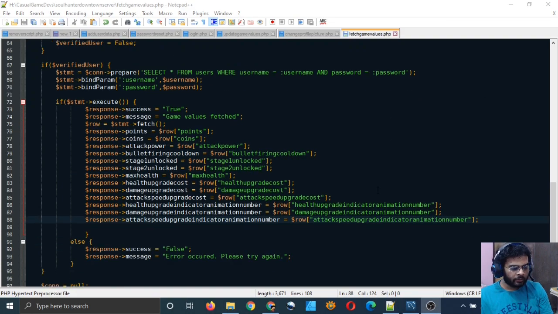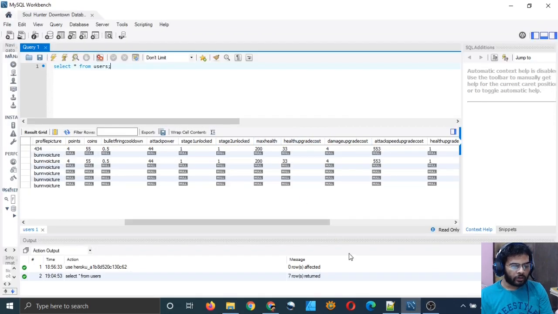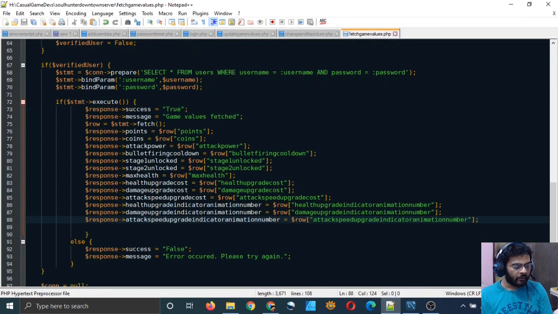So now I have done that. I have written in my response variable, I have created all these different fields which correspond to these columns, and I have also taken my row associative array and accessed the respective columns from this row array by typing in the name of the column.